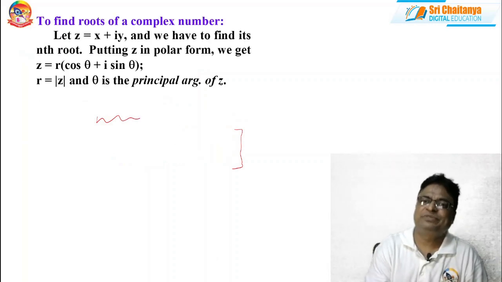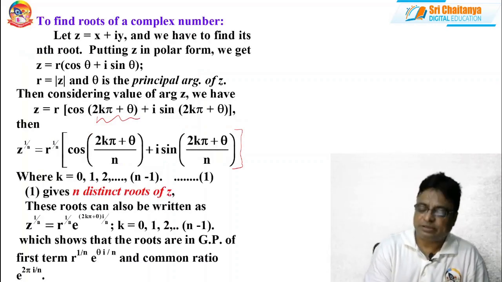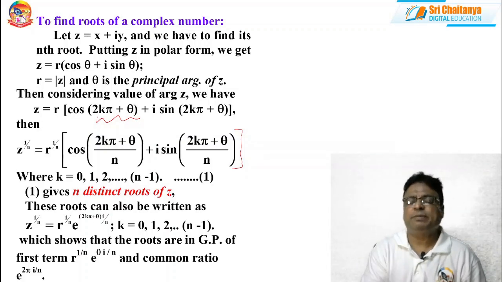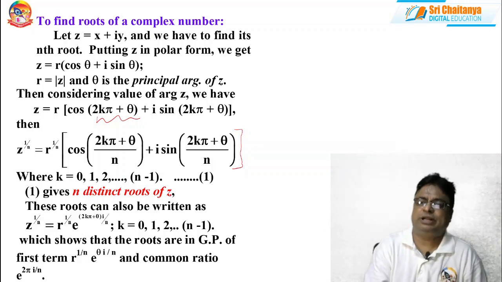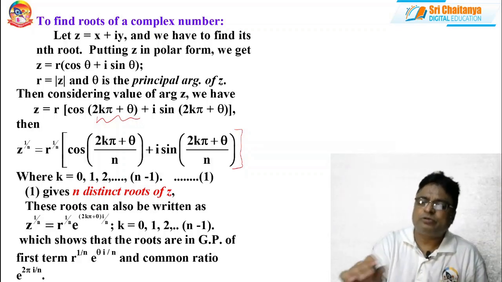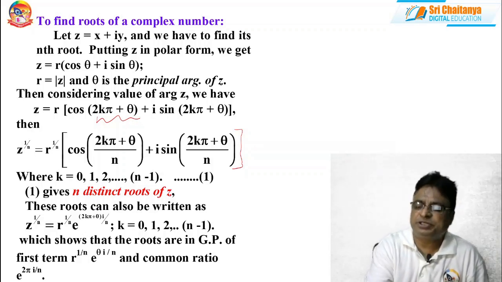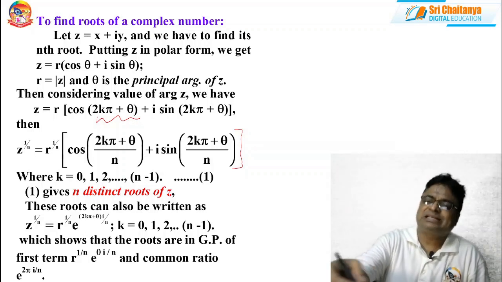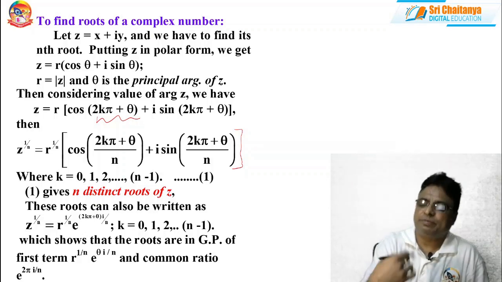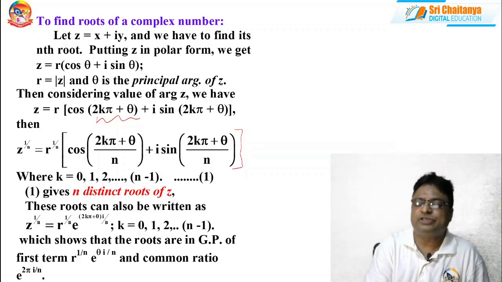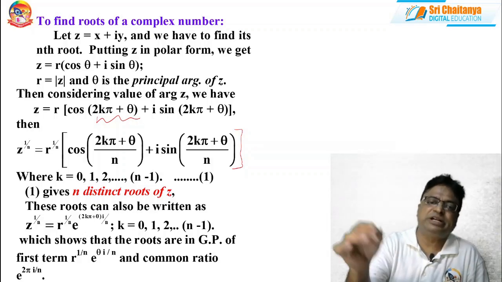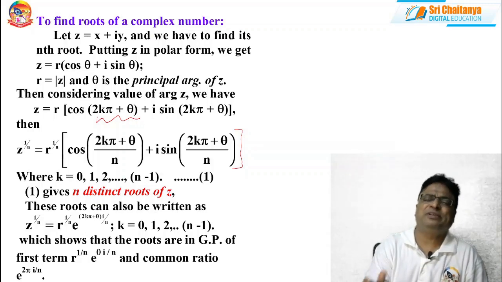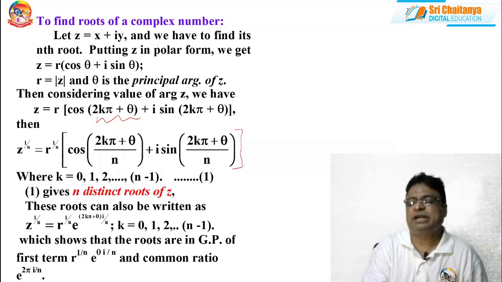Q values. That's why this is the procedure to find all the roots, or all values, of the complex number, because several times, even in public examinations and competitive examinations, questions were repeated based on this particular area. And again, all the roots form a GP with a common ratio, and they act as vertices of a regular polygon based upon the number of values that it possesses. They are situated on the circumference of a circle with center at the origin and radius r power 1 by n. All the properties hold good, just like we explained in our previous videos.